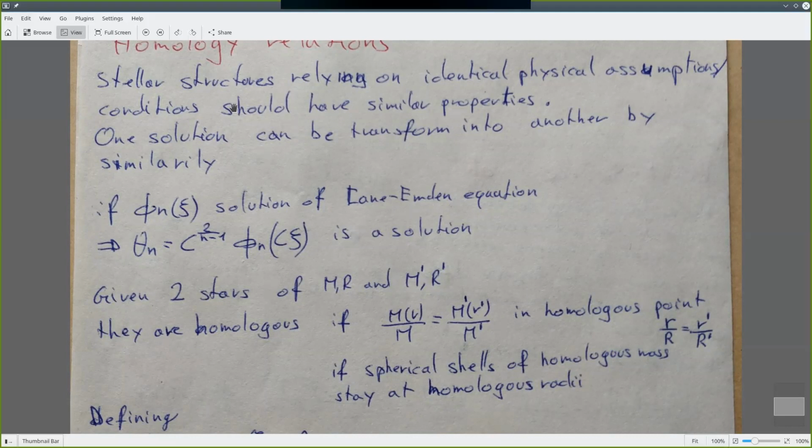As I said, the assumption conditions are identical for all the stars, so it's quite reasonable that one solution can be transformed for other conditions. If we just change the mass and the radius, the solution should